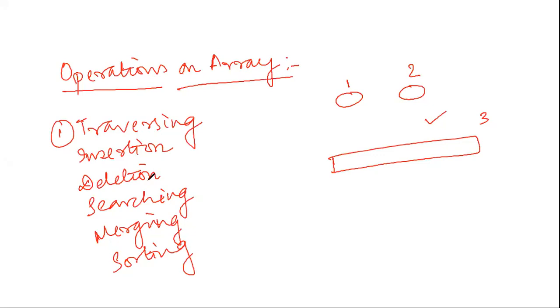So these are the operations that can be performed on an array. In the next class, we will be studying the algorithms for these operations one by one. Okay. So in this class, I will end here. It is showing me less than 1 minute. I hope this class is clear to all. If you have any query, you can ask me.